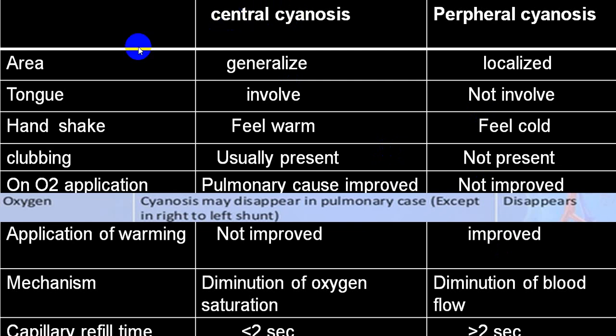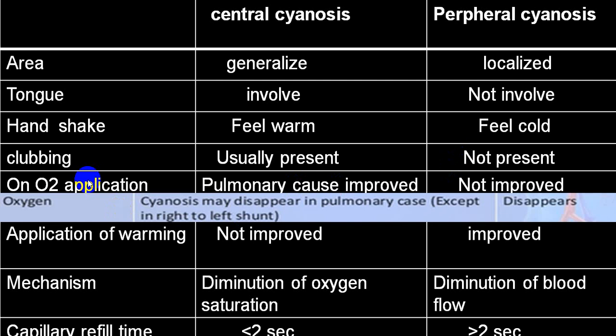We have already mentioned: central, generalized; peripheral, localized. In central cyanosis the tongue is involved: tongue, soft palate, lips, oral mucosa, pharyngeal wall, etc. are involved, while here those are not involved. Usually the periphery is warm in central cyanosis except in severe congestive heart failure, while in peripheral cyanosis it is usually cold. Clubbing will be very frequent in chronic central cyanosis, while usually in peripheral cyanosis clubbing is never